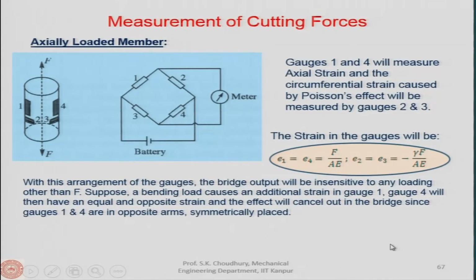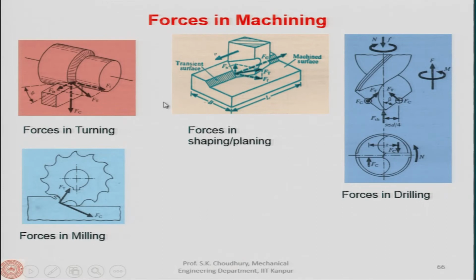Now, how can these forces be measured? This is another topic that we will discuss here in machining, that we have the different forces. Look at this chart. This is for turning, this is for shaping and planing, this is for milling, and this is for drilling. So, how to measure the forces? You can see that all these forces are very different, meaning that if you have to measure the forces, you have to make an arrangement for the measurement device, which will be different. One device which can measure the turning forces may not be able to measure the drilling forces, for example, because they are very different.